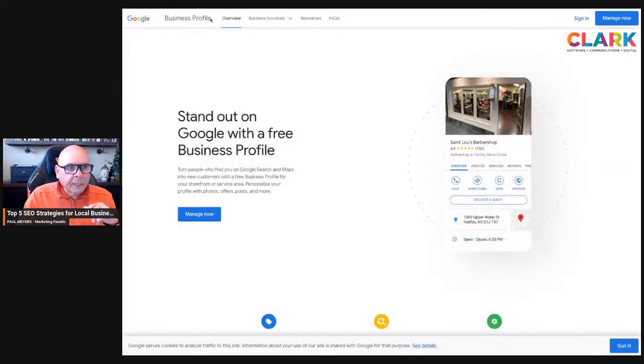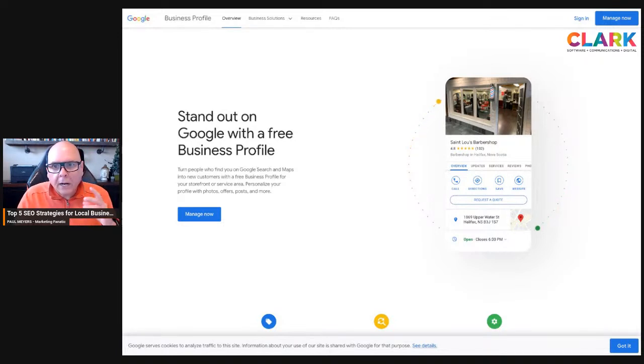First one is going to be your Google My Business listing. So let me just take a look at that. Right here is when you search for your business online, you have what they call a map pack, or 3 spots where your local business could get profiled in. But in order for that to happen, you've got to set up a free Google business profile. So you just Google business profile and go ahead and fill out the information, and then you will have a